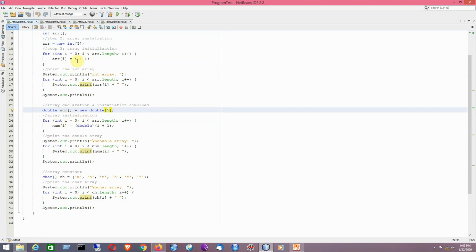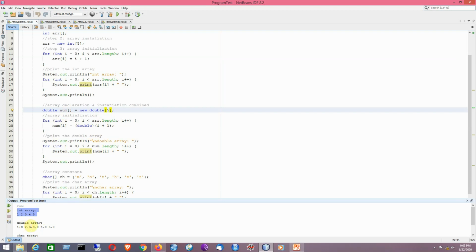I have followed the same idea here, but since they are of type double, I have used an explicit type casting for assignment into the double type array. Now I have tried to display the array elements, that you can see here. In that way we can deal with a double type array.